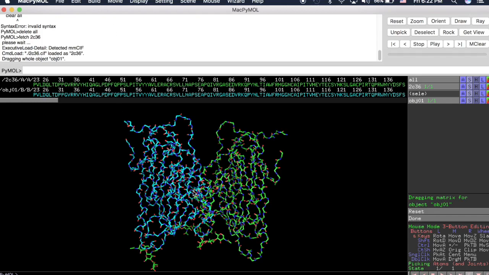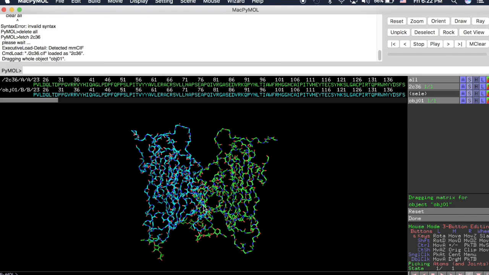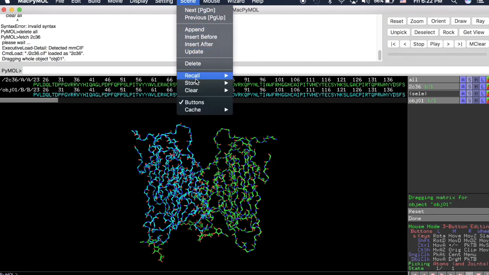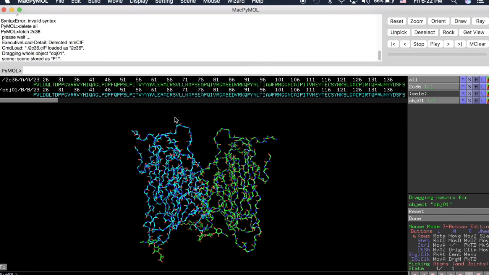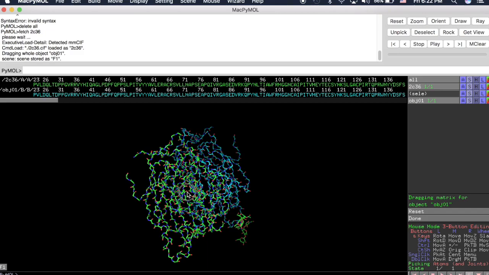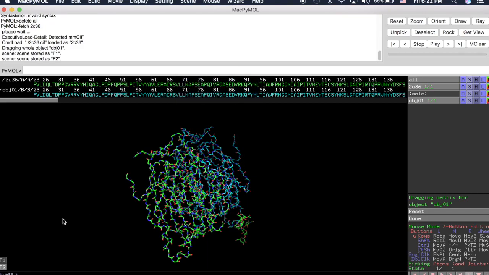Other than that, you can make different scenes as well if you were going to make a small movie. So for instance, if we come up here to the Scenes tab, click Scenes, and then what this will do is if you go to Store and click F1, this will store what image was on this screen in this F1. So then, if we rotate this, such as like this, and we come up here and go Store in Scene 2,